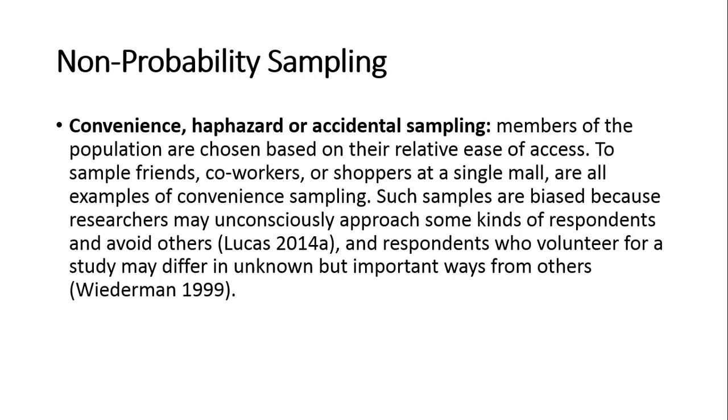Okay. So now non-probability sampling. Here we have convenience, or haphazard or accidental sampling. Members of the population are chosen based on their